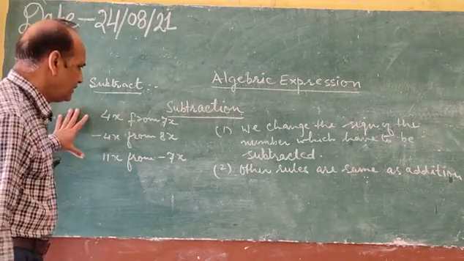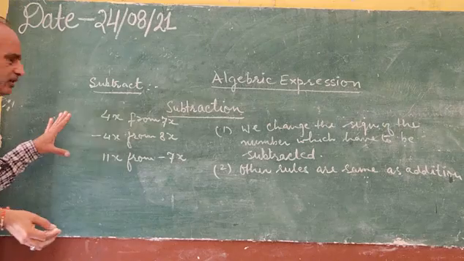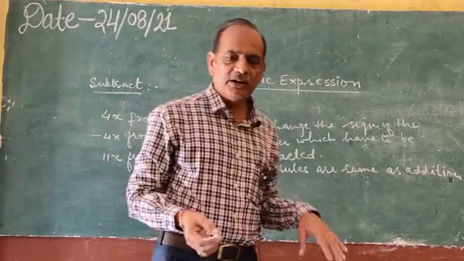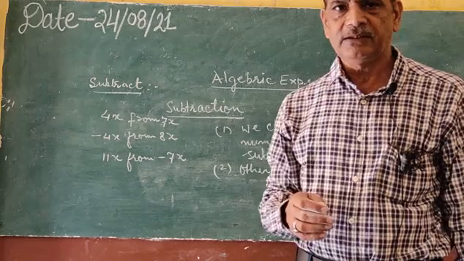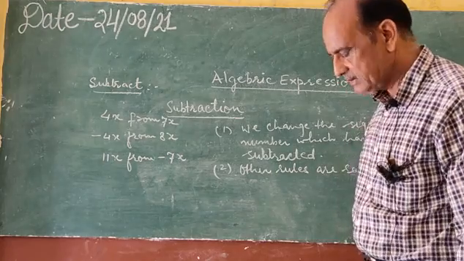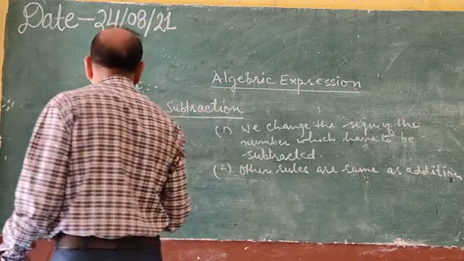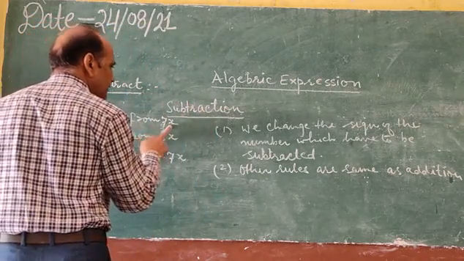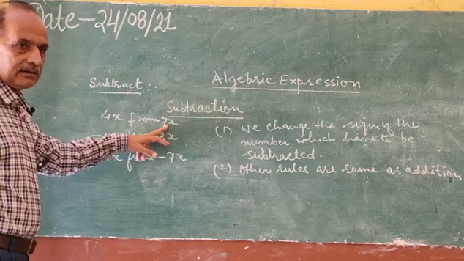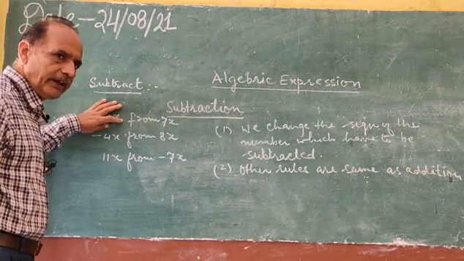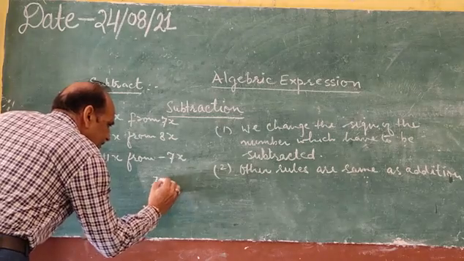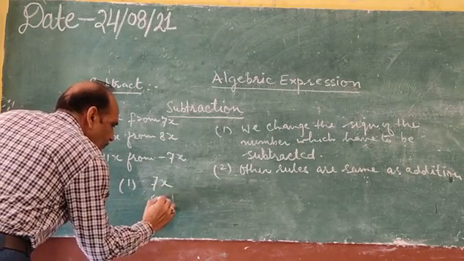This is subtraction of algebra, not subtraction of arithmetic. In subtraction of arithmetic, a greater number cannot be subtracted from a smaller number, but in algebra we can solve this. Now subtract 4x from 7x. Which number will we write first? 7x. Here the question is subtract 4x. 4x को subtract करें किस में से? 7x से. So first we will write 7x, then 4x.